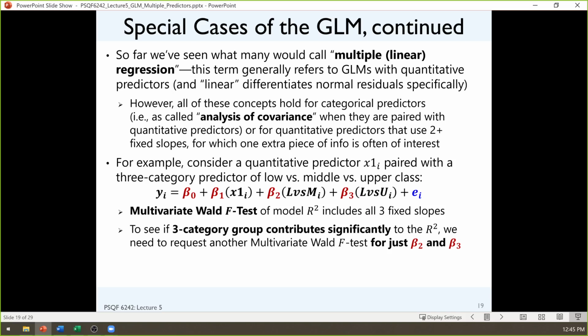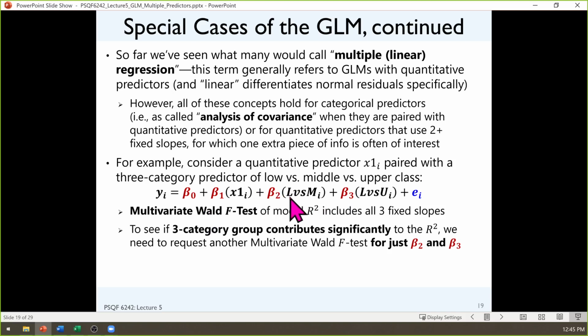Like that's the first box that shows up on your output, the F-test for the model. And it would tell me as a set how well beta 1, beta 2, and beta 3 work together to create a significantly related predicted outcome with respect to the row 1. So the joint test of all 3 of those slopes will be provided by default.